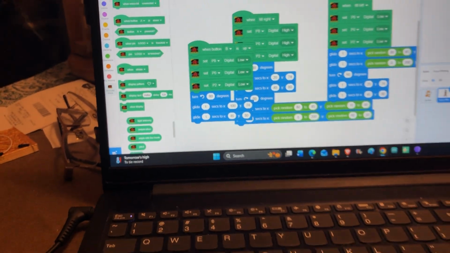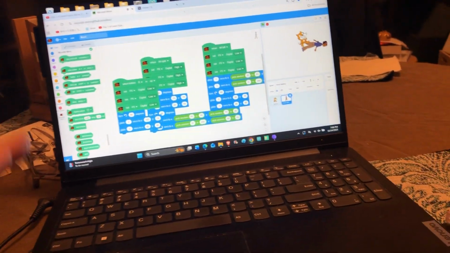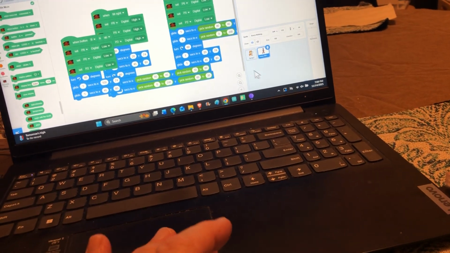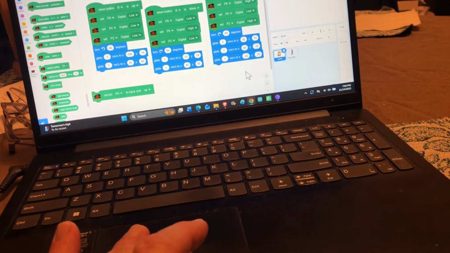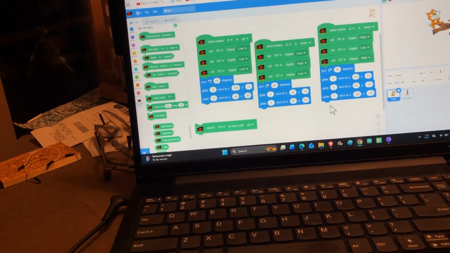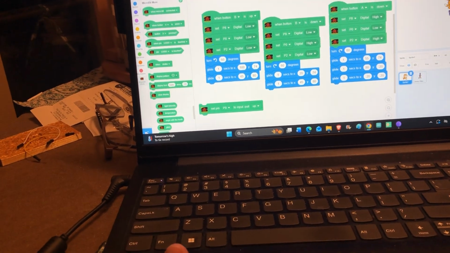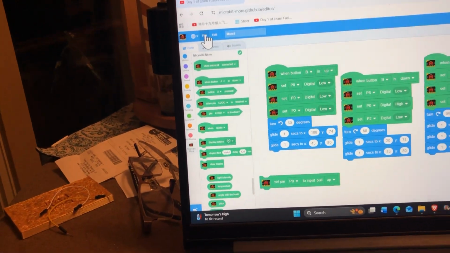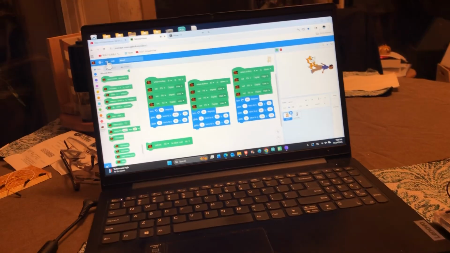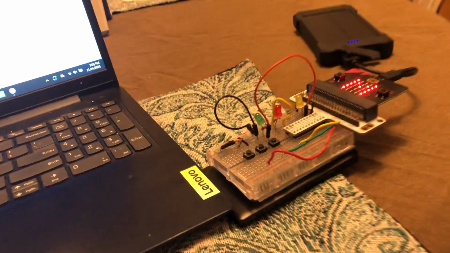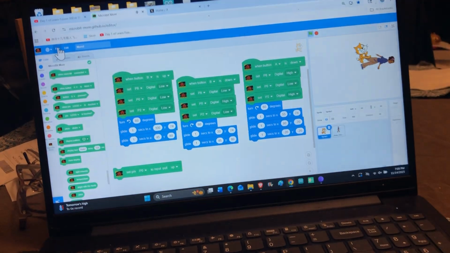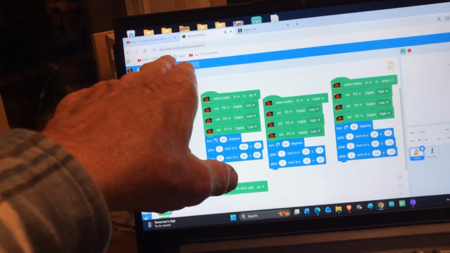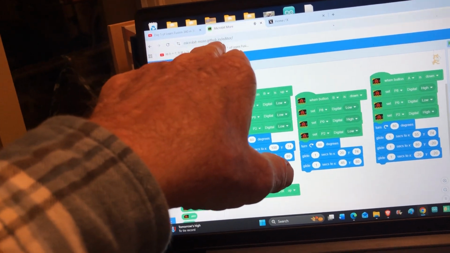So there is a way to copy code and paste it to another program that you may have open. I don't see that as an option, perhaps up here it is an option. But we're learning about how this works, how to do breadboarding with microbit and Scratch. It is not under conventional Scratch. It's under microbit, more GitHub